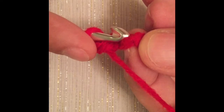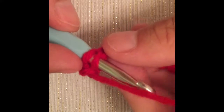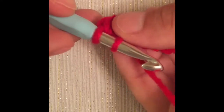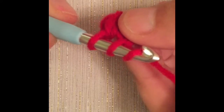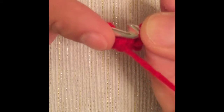You find the next bump, which is the next chain. Go ahead and insert your hook, yarn over, pull through the loop, and now you have 2 little loops on your hook. Yarn over again, and you make sure you're turning your hook a little bit to slide it all the way through, and then once again you've made number 2. And then just continue on down,